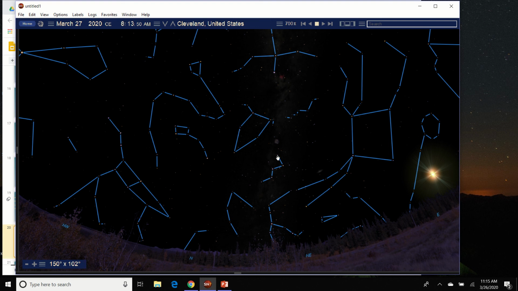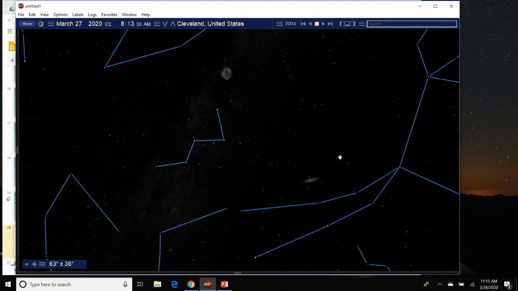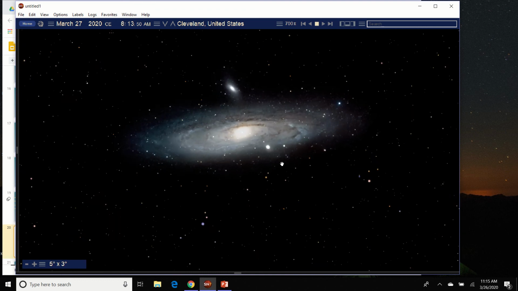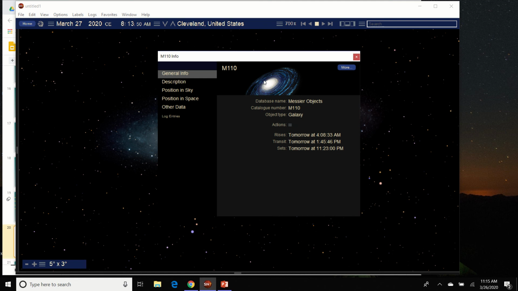Now, if we zoom in on that, I always say, find this W. Again, it's kind of opposite, so go to the Big Dipper. It's kind of on the opposite side of the Little Dipper from the Big Dipper. Find that W, and the point of this W points down to Andromeda, right in there. And if we zoom in on that, and we zoom and we zoom, we can see that that is an entire galaxy. Okay? An entire galaxy, not too much unlike our own. And you see this other dwarf galaxy that it has